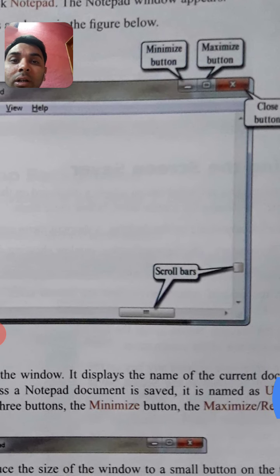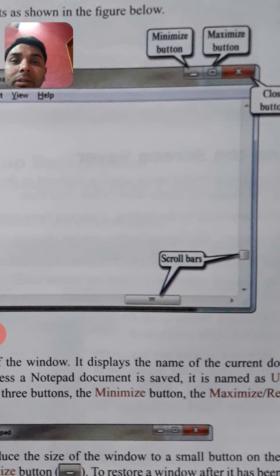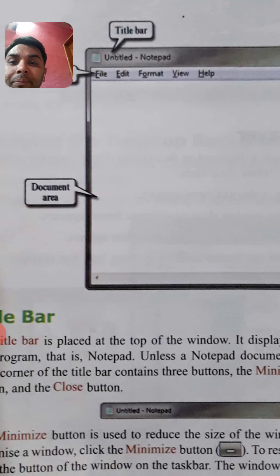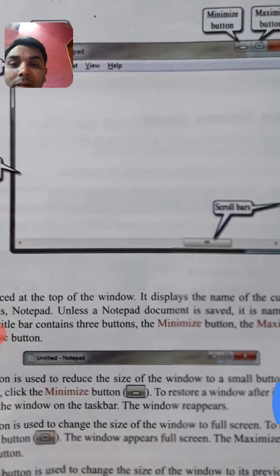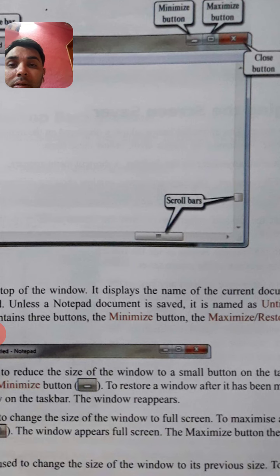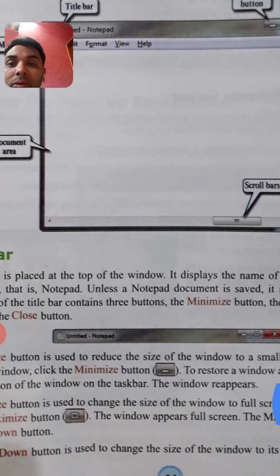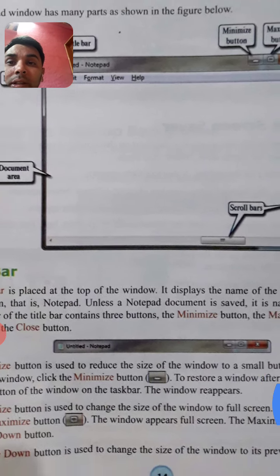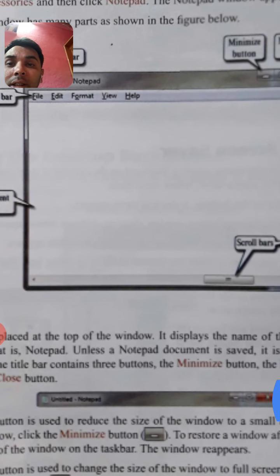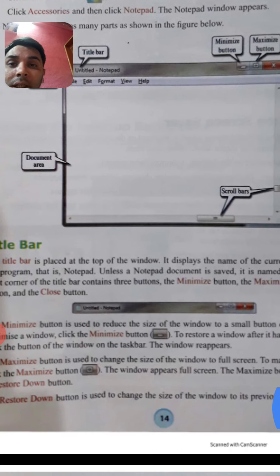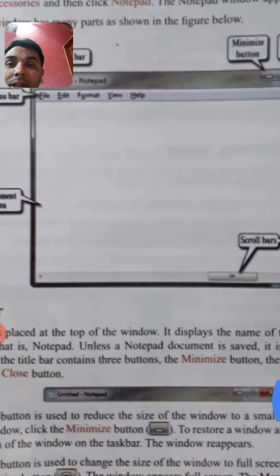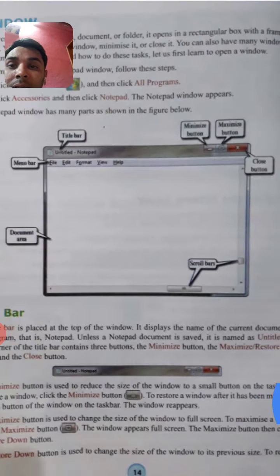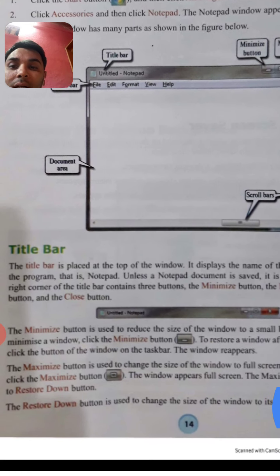This is the document area, and this is the scroll bar to move the page up and down, horizontally or vertically. In this notepad you have to type in this area. Type your name, a text message or anything else.